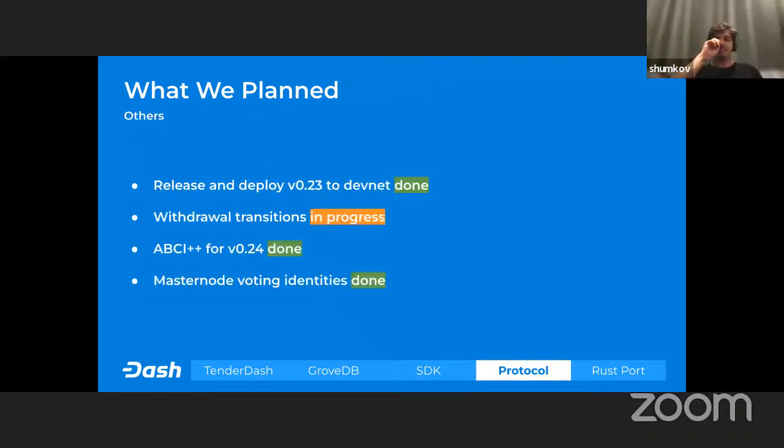Yeah, thank you, Sam. So as already told, we released on the Devnet our recent 23 branch. It doesn't contain pools and fee calculation yet. That's what we're going to do next sprint, starting tomorrow. But at this point, everything included in 23 is working on Devnet and all tests are passing.